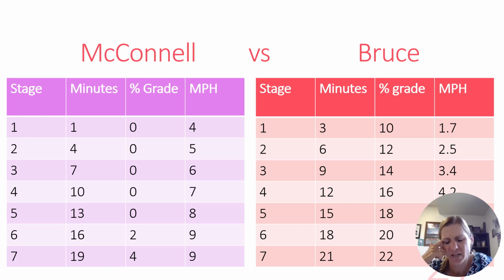The cycle ergometer test, I didn't really talk much about that, but there's a YMCA cycling test. I can't remember if I talk about that in this lecture or not, but basically every 3 minutes the wattage increases. It's an incremental test in nature where we set the cadence for the person, so how fast their feet are moving, they have to keep that constant. And then we monitor their wattage, or how hard it is to press on those pedals, until they can't keep the cadence going. That's one way to do it. There are lots of different protocols out there for cycling, and basically you just have to make it harder every 3 minutes.